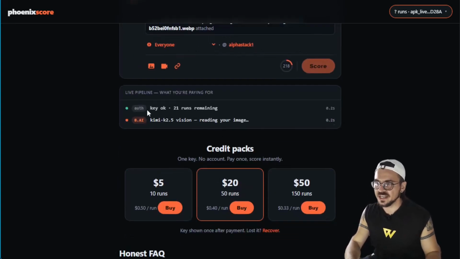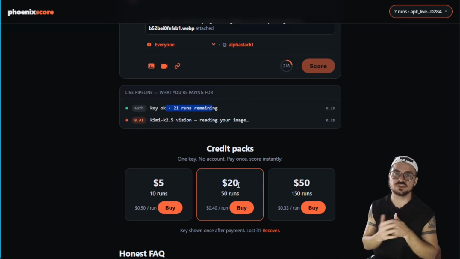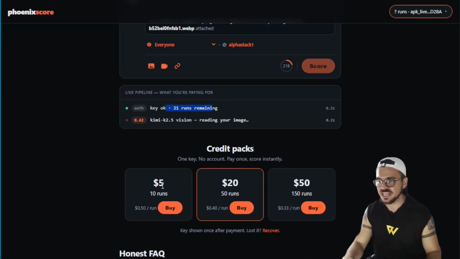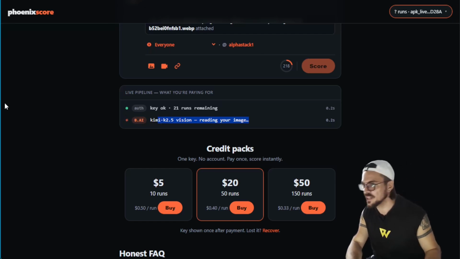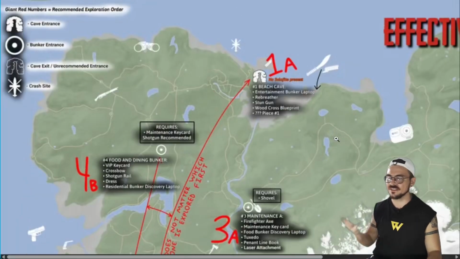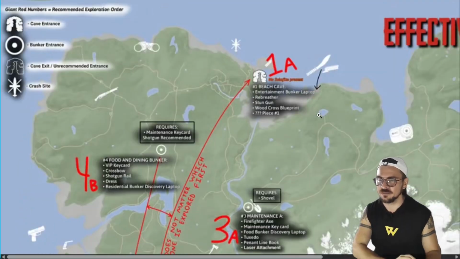You can also see here that it's first checking the key. So here's the prices. I had to make a price because this is running the true algorithm on a server, which costs me money. So if you want to try, the lowest package is $5, 10 runs. And the point of this tool is to allow you to improve your post and get it to go viral. The first step is it's going to use Kimi K2 to read that image. By the way, the image is this, which is from Sons of the Forest, completely not related to the topic. So I'm hoping this will be a good bad image.